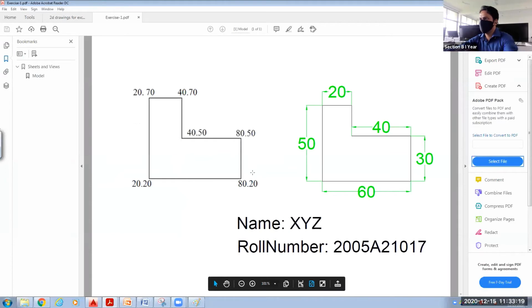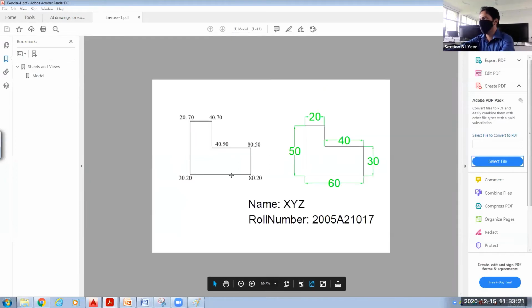This is converted to your PDF file. Now you can easily take the printout either at your home or outside. You can take the printout and insert it in your record file. Okay. So this is how I have told you how you can take the printout and plotting. This is called the method of plotting in AutoCAD.